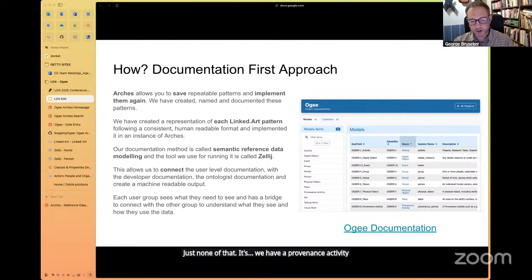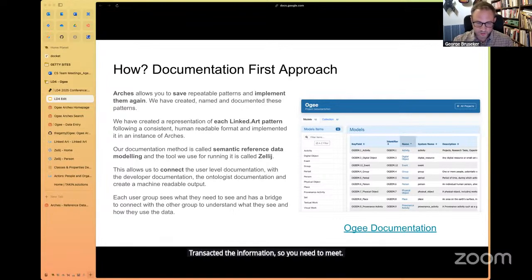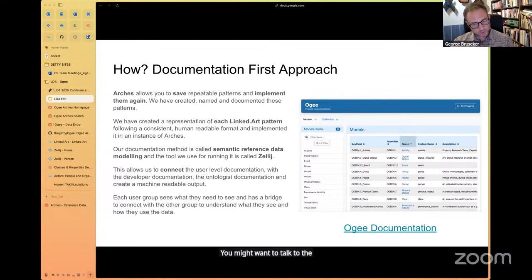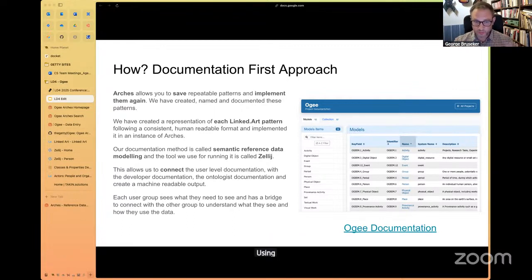It has a name. It has a time when it happened. It has a dealer that transacted the information. So you need to meet a researcher on the level that they would understand, or the person building data, but you also have to talk to a developer in the place that they would understand, which, for example, would be the JSON LD. You might want to talk to the conceptual modeler who's building the data model with the CIDOC CRM and trying to apply linked art using the classes and properties names that are familiar to them from the standard that they're looking at.